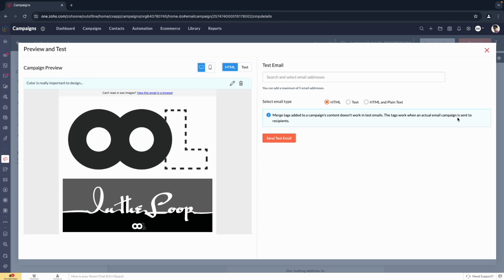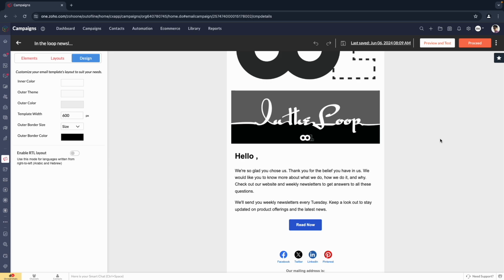Sometimes we can't always be sure of how everything is going to look, but if we're doing some testing, that can be pretty helpful. So once we send out those tests, we are good. One thing I'll definitely mention, especially with all these merge tags, is one of the issues that you might run into: you send a test campaign with the little personalization and the personalization never seems to work. Why is that? Well, the test email doesn't have any personalization, so it won't work, right? So it's always going to have some of these weird little gaps. So try to think through some of those cases, and maybe that'll help avoid some stress.